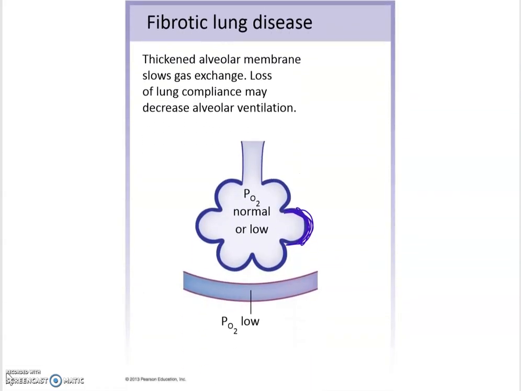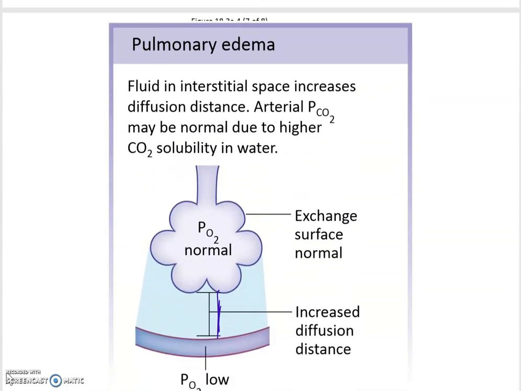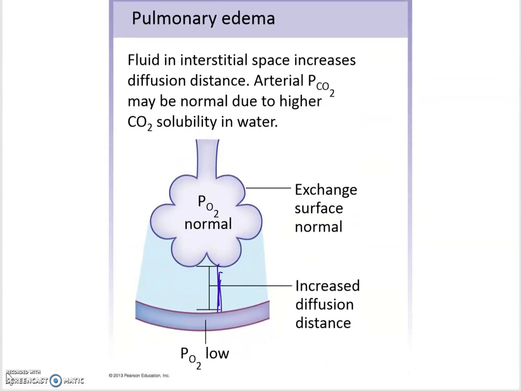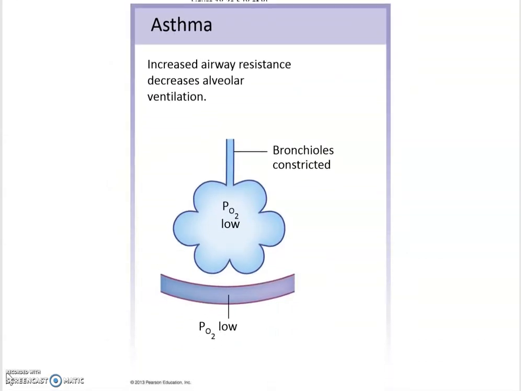Fibrotic lung disease, here you have a thickening of the alveolar membrane, and that makes it more difficult for gas exchange to occur. In pulmonary edema, you have water that's building up right here, and that increases the interstitial space and the diffusion distance, of course, so increased diffusion distance. Finally, here in asthma, the airways are constricted, and that makes it more difficult for gas